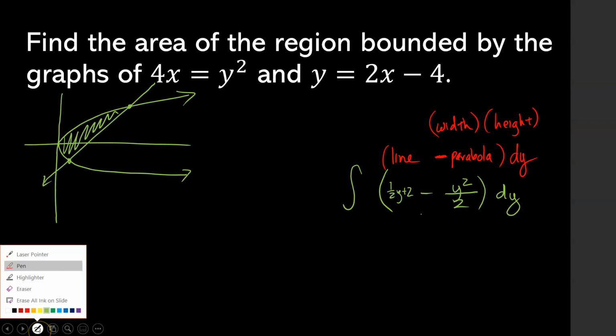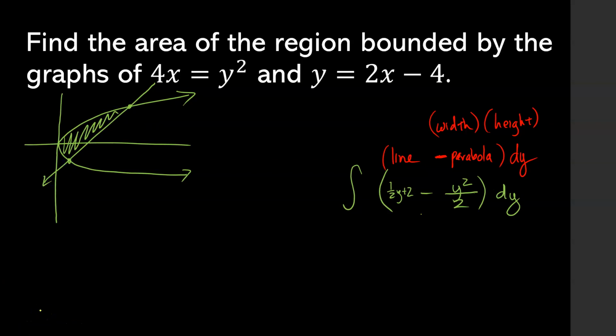We need to find those two intersection points. So let's set, how about I set, let's see, we had 4x equals y squared, which gave us y squared over 4,